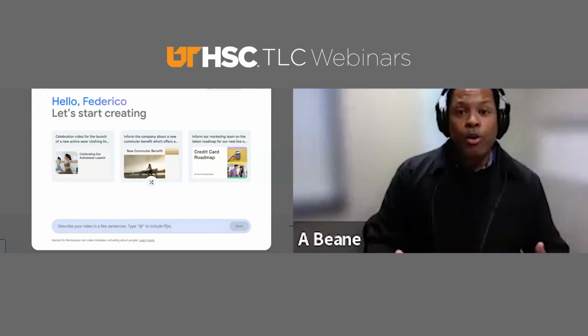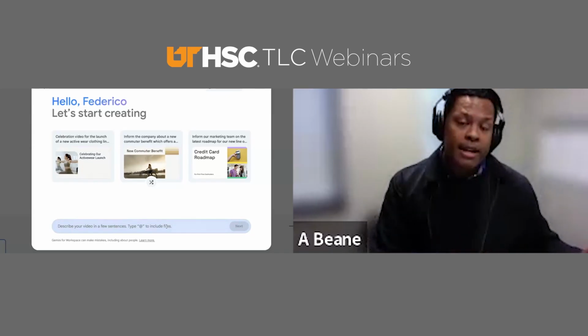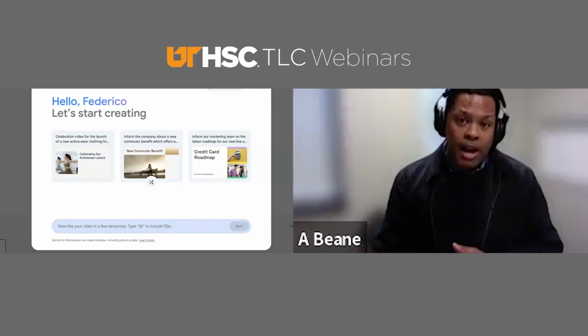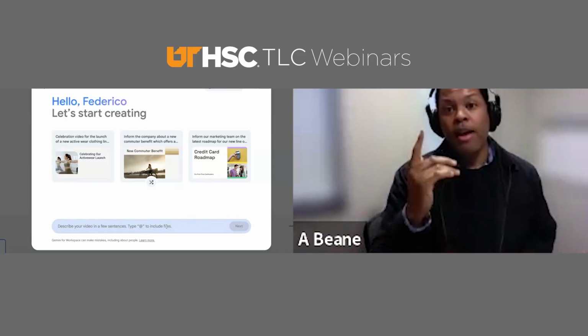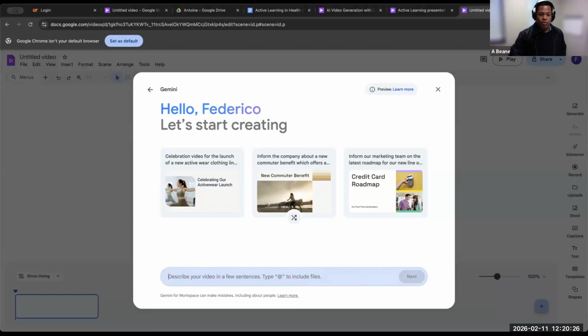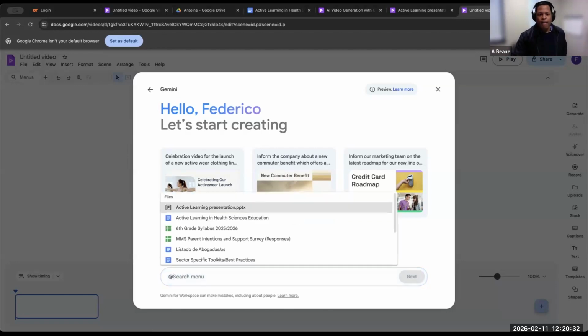So you want to have a folder anyway. You make a folder of your project, then you make a Google Doc of your project, and from there it'll pull it. So I'm going to show you how it does that. Looking here, we put the @ there, and voila, automatically it comes up with all of my Google Docs. The one we're looking for in this particular situation is this one,